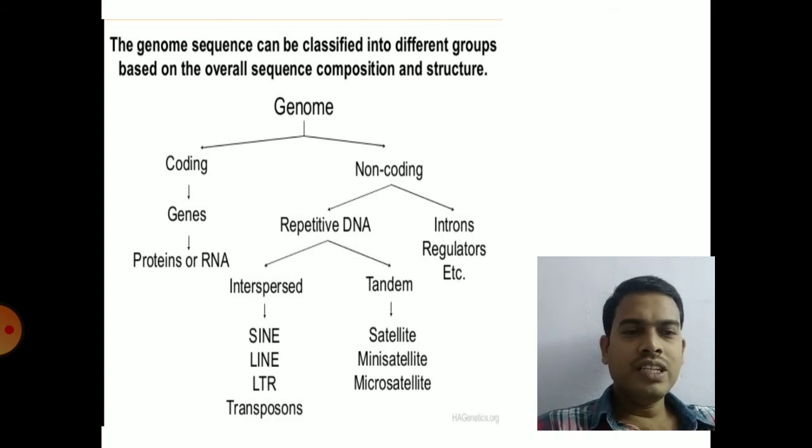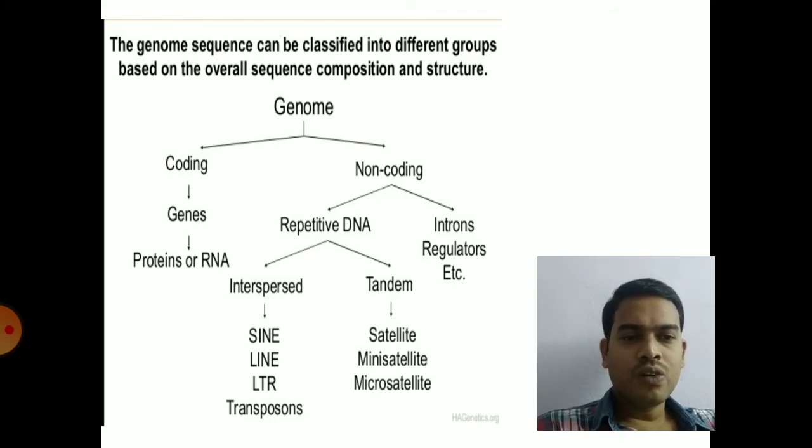So the gene is present in DNA, which is compacted in the form of chromosome with the help of histone proteins. In this 3 × 10^9 base pairs of DNA of the human genome, only 1.5% will be coding for proteins or RNA. Only 1.5% is the coding portion. The rest, 98.5% of the DNA, is the non-coding part.